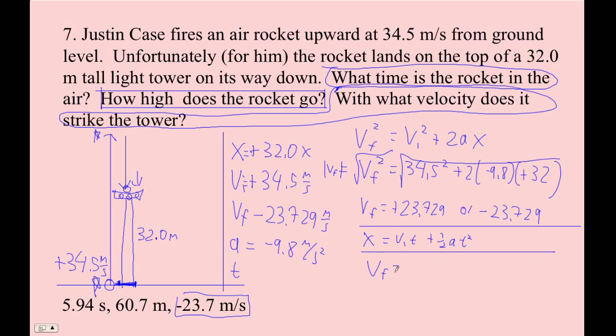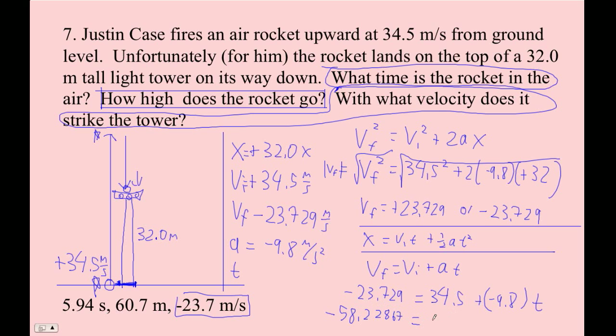I'm going to go VF is VI plus AT. So negative 23.729 equals 34.5 plus negative 9.8 times t, and then we can just solve for t, right? So remember, you're going to subtract this from both sides, so minus 34.5. And you get negative 58.22867